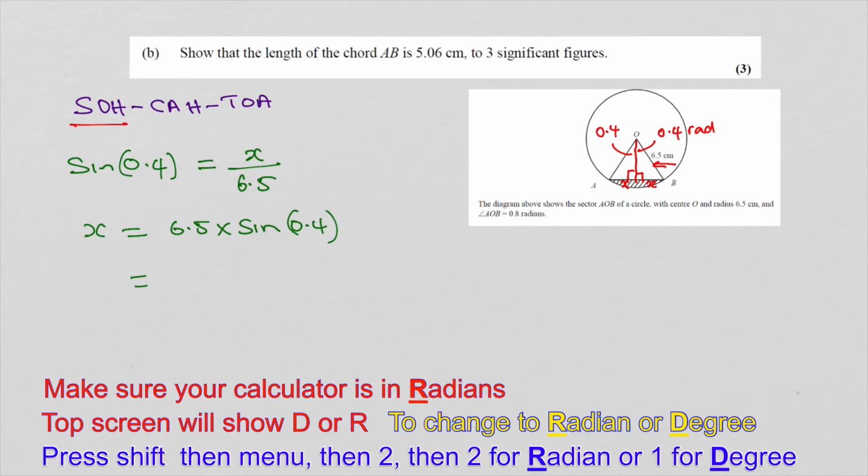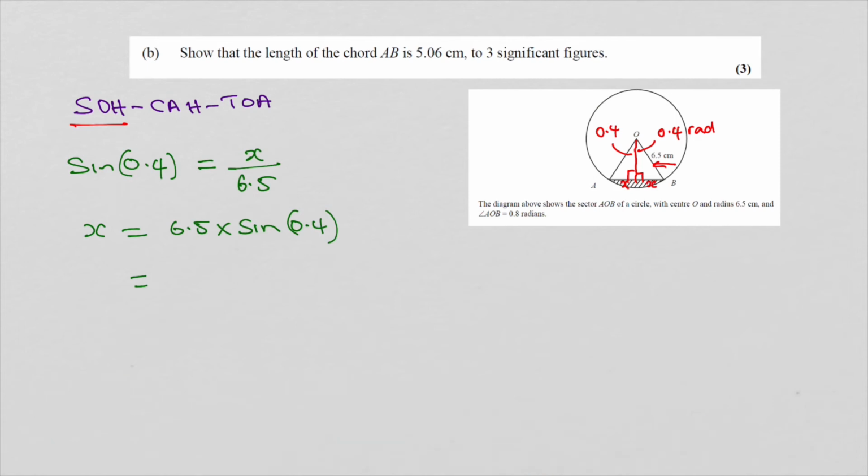We have to make sure the calculator is in radians. To do that, turn on your calculator and press Shift, Menu. You'll see angle unit, press 2. Then you see radians, press 2 again. Now you will see R at the top of your screen. R means radians, so it's ready for calculation in radians. So punch in 6.5 times sine 0.4, close bracket, and you get